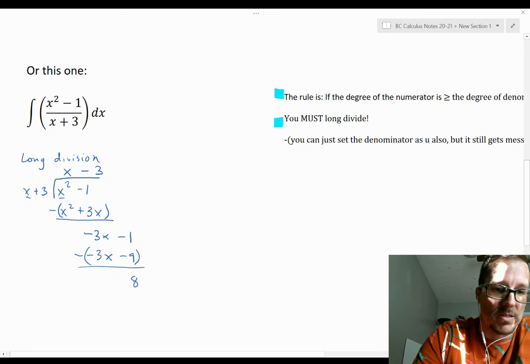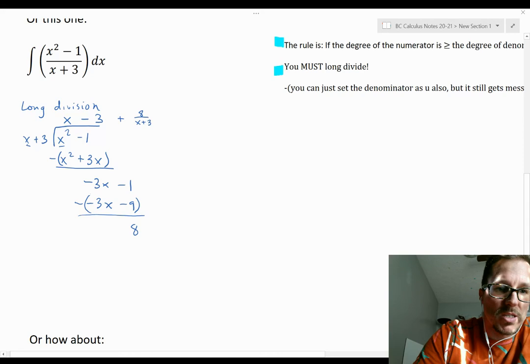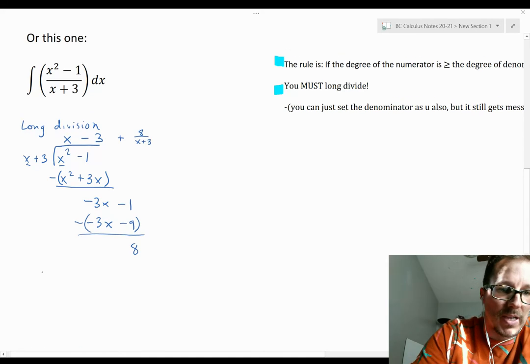Well, x doesn't go into 8, so then we can add the remainder, 8 over x plus 3. So we have just altered algebraically that rational function to be x minus 3 plus 8 over x plus 3